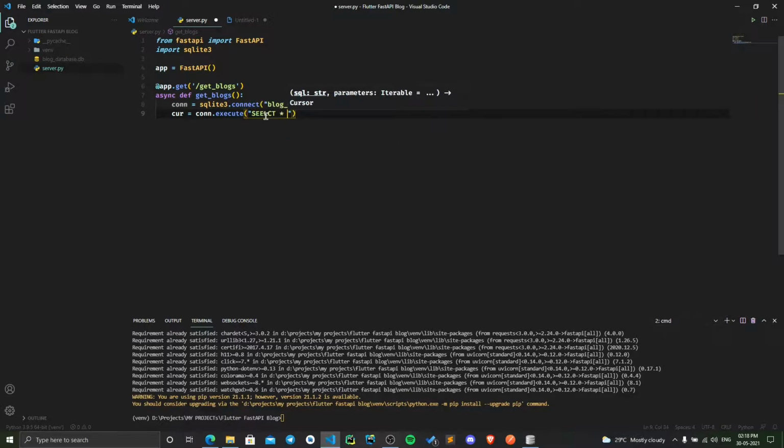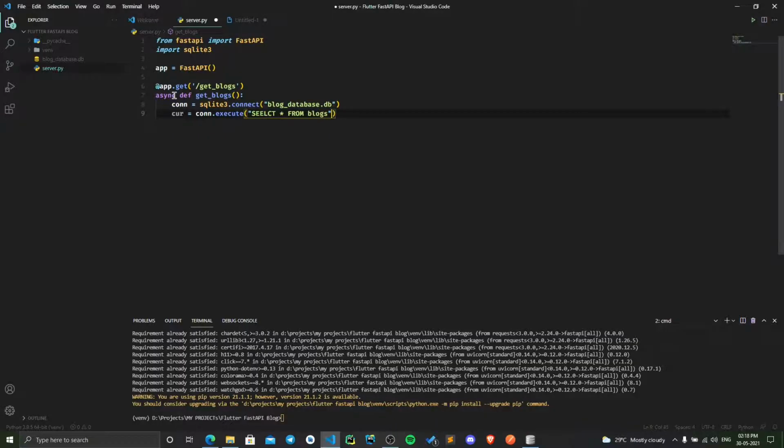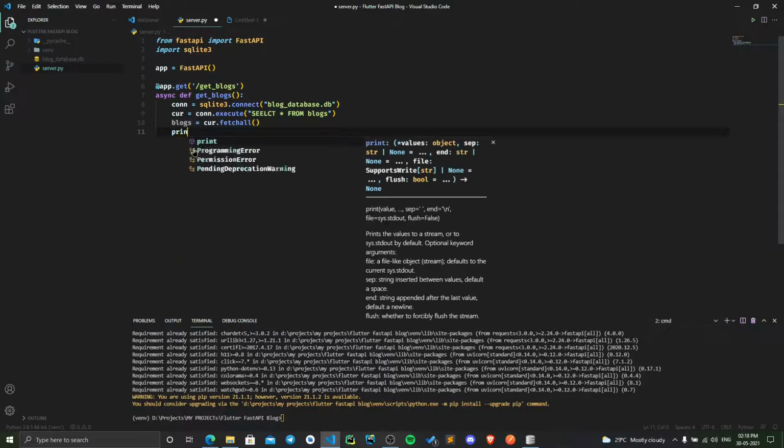Select everything from blogs. Okay. Next is blogs is equal to cur.fetchall. This means that all the tuples we will get in a list will be stored in this blogs variable. Now, if we print the blogs,